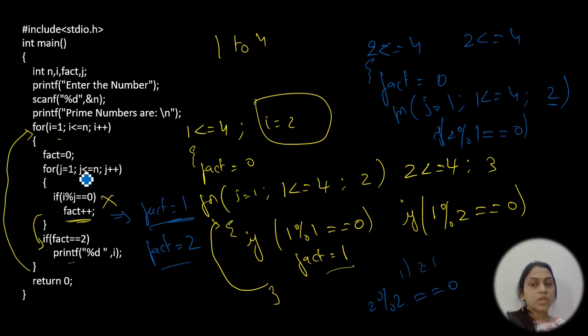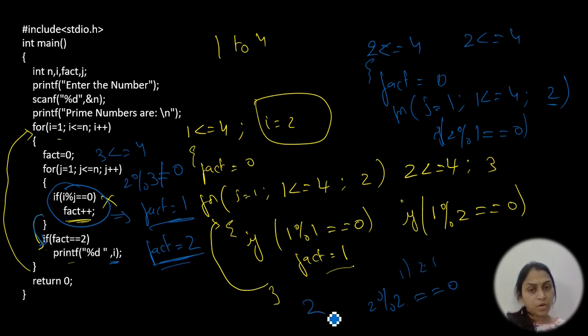Again it is going to check. So this time 3 less than or equal to 4. Yes, 3 is less than or equal to 4 only, but here i modulo j, that is 2 modulo 3, is not equal to 0. Whenever this is not equal to 0, this condition fails. So come back to this inner for loop. Now it checks this condition: if fact is equal to 2, yes, the fact is equal to 2 only. Okay, and this prints the value 2. After printing the first prime number 2,